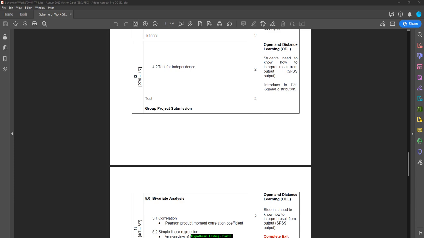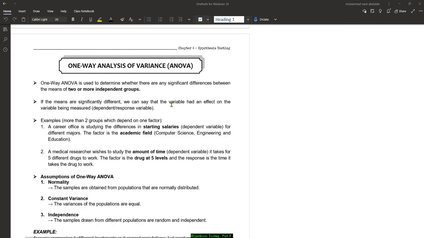So if you don't have any question, let's start with our final subtopic for chapter number 4. Right, for chapter number 4, last subtopic, which is one-way analysis of variance. In short form, we call as Anova. Anova, one-way Anova is used to determine whether there is any significant difference between mean of two or more independent group. So if you still remember in hypothesis testing for independent group, right, means that one